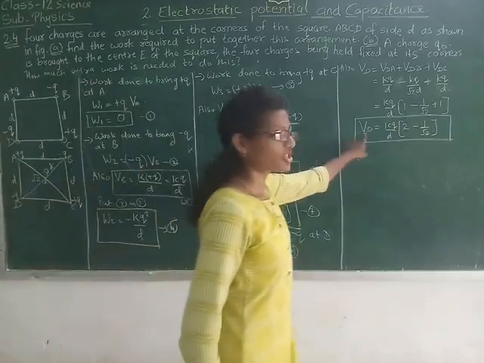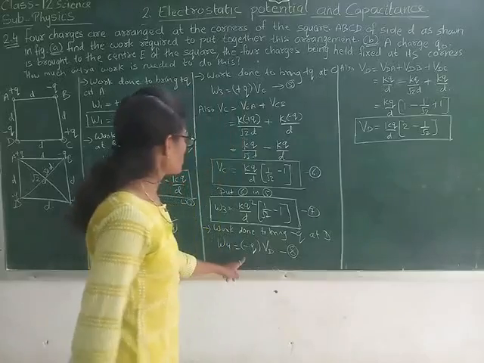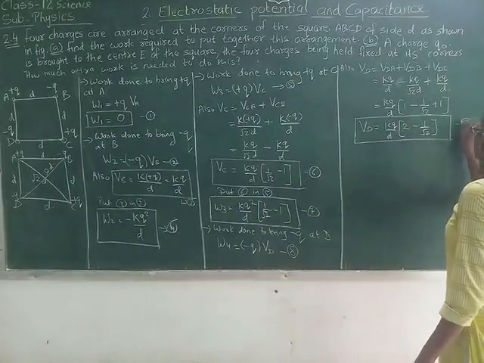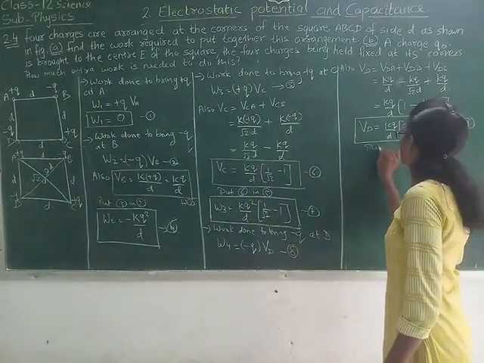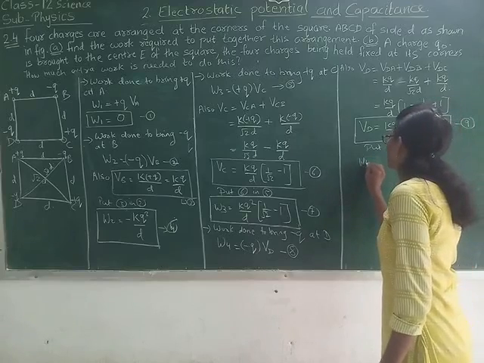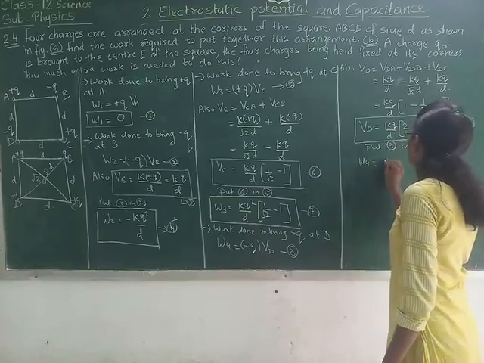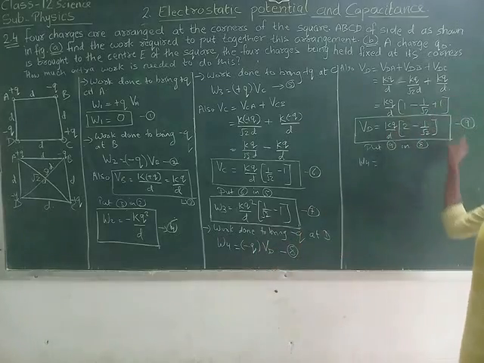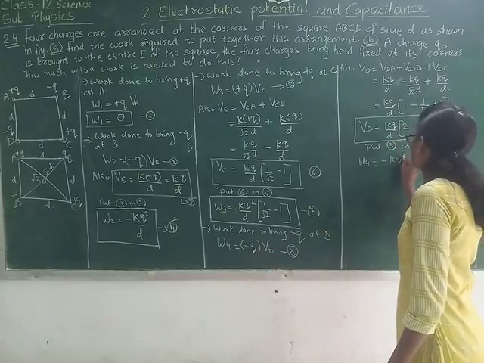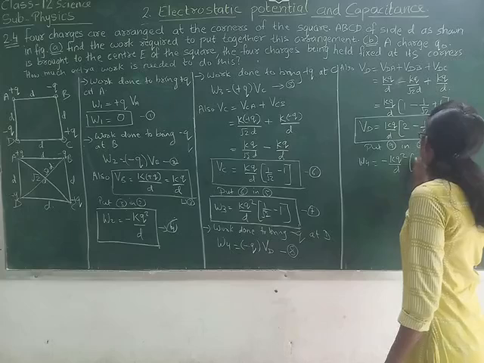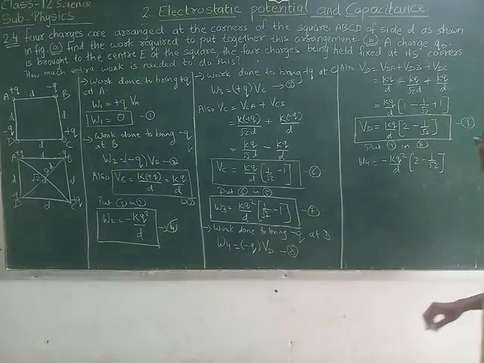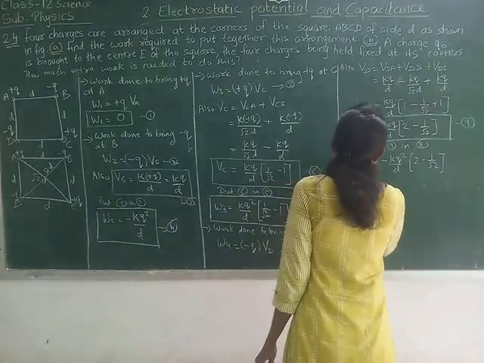Now let us substitute this potential formula in this equation 8. Right? So that will be what? Put 9 in 8. What we get? W4 equals to minus Q into this formula. So that becomes minus KQ square by D, 2 minus 1 upon root 2. Right? So we got this equation of W4.